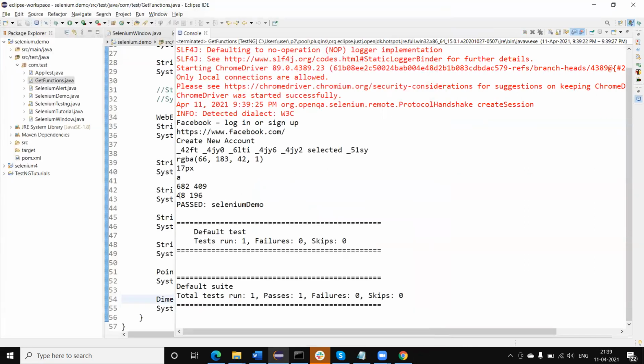Now you can see 48 and 196, these are in pixels. 48 pixel is the height and 196 pixel is the breadth.